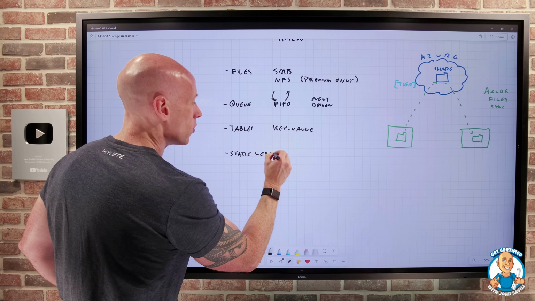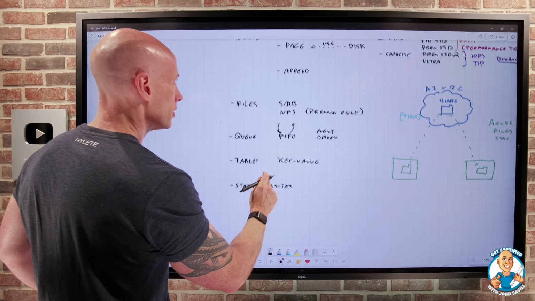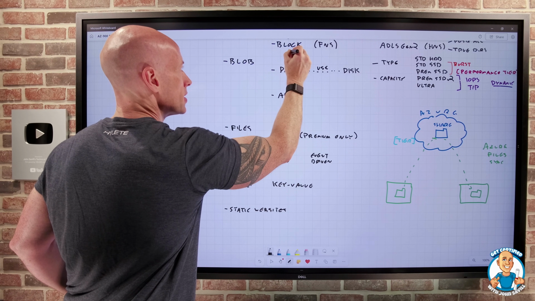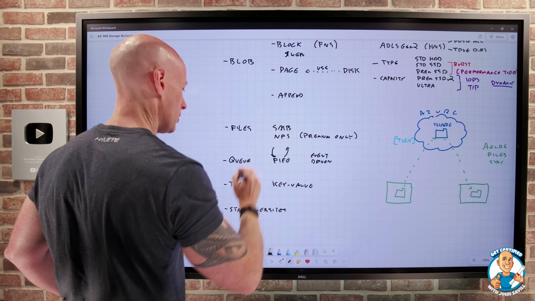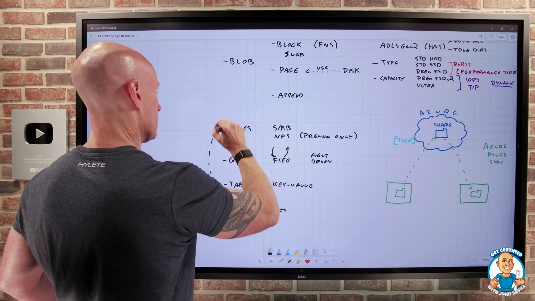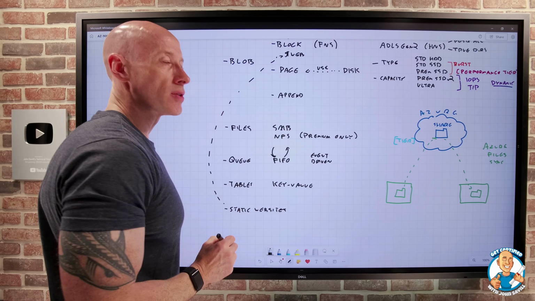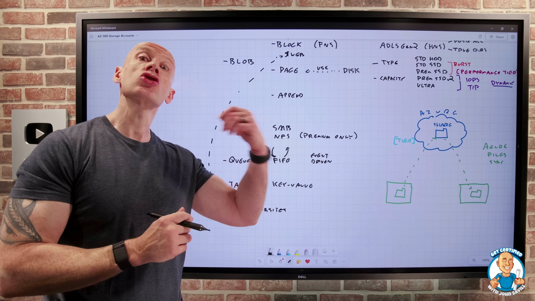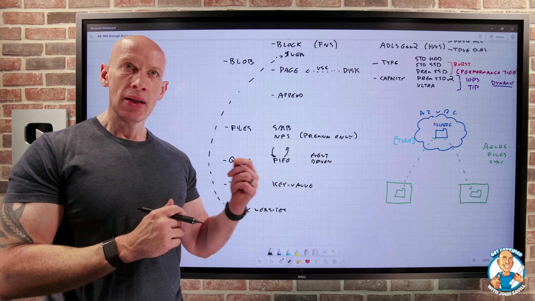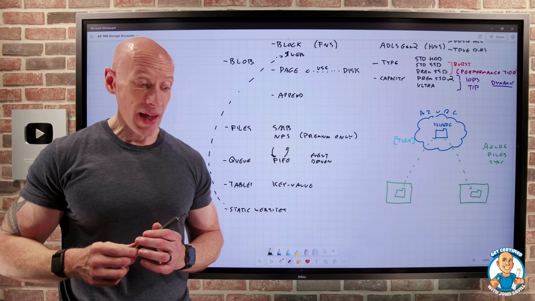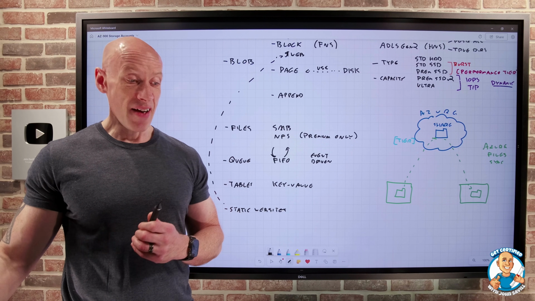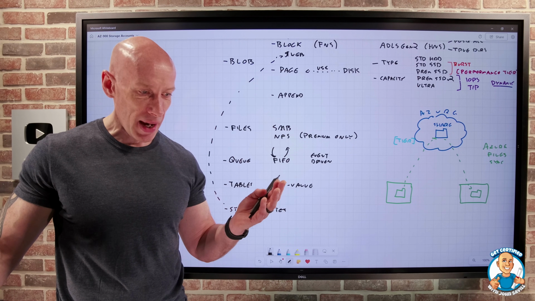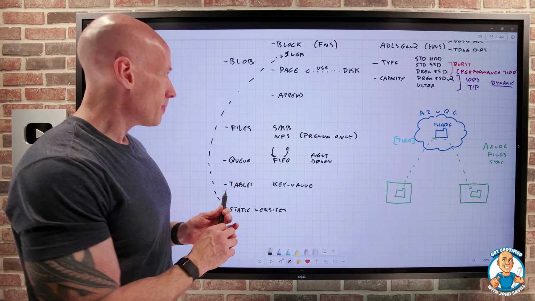Now, really, static websites is building on top of Blob. What it actually does is it creates a special container called $web. This is just storing the files. It has to be static content. It can't require server-side processing, and it will just make it very easy to go and serve that content up. If I have some HTML, cascading style sheets, JavaScript in my pages, image files, I can just make that available